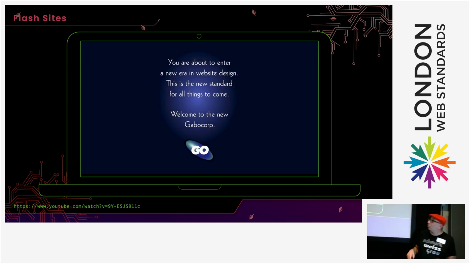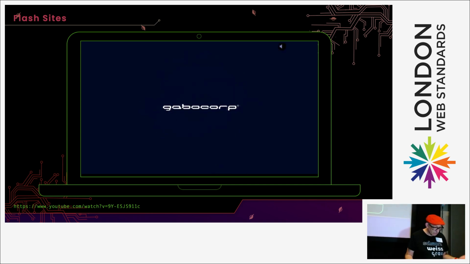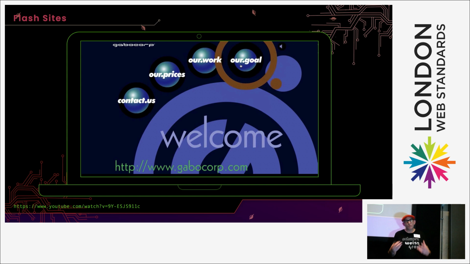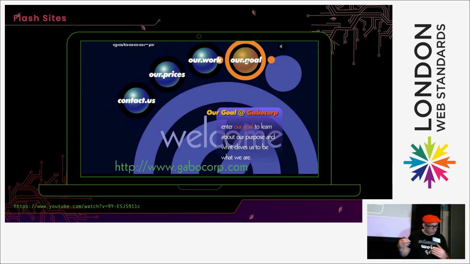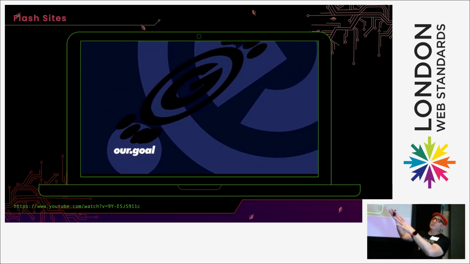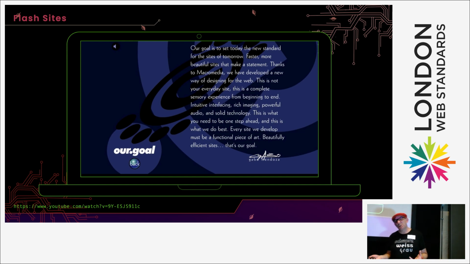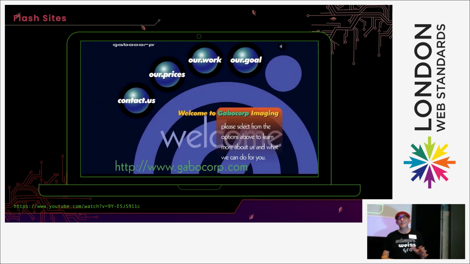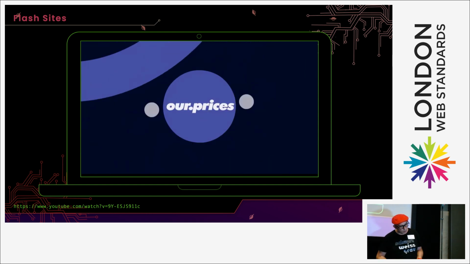Even though websites could look cool, they weren't really embraced properly. They were chucked in using a piece of software called Flash. And we've managed to replace Flash. The web continues to win.